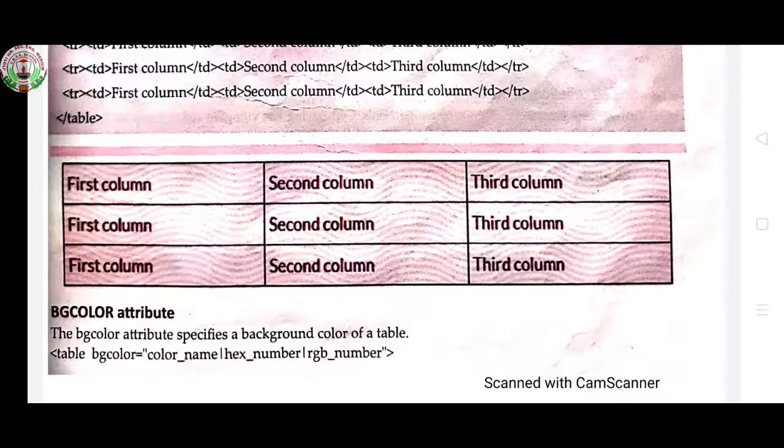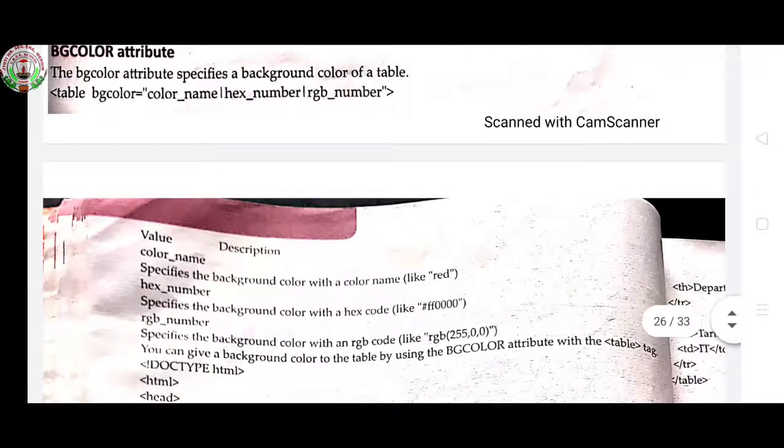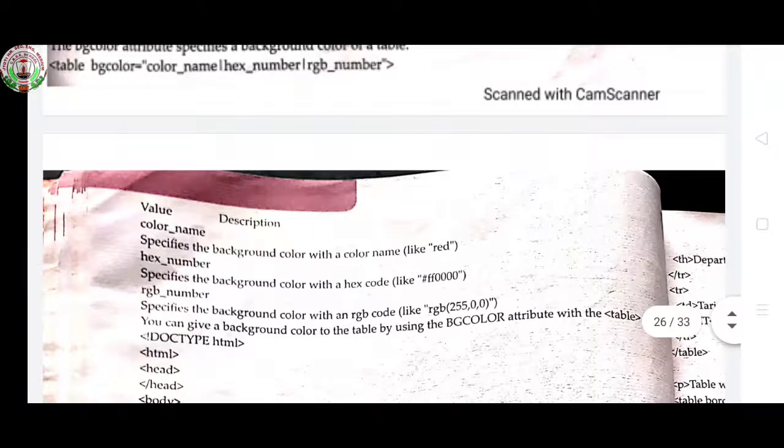Now the BG color attribute. The BG color attribute specifies a background color of a table. Opening table, BG color is equals to, inside inverted commas you enter the color name and close tag. So here is the value description. Color name specifies the background color with a color name like red.